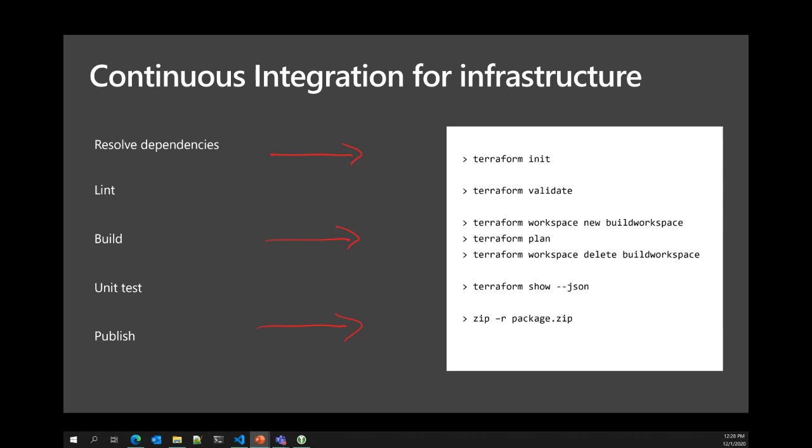Starting with the Terraform show command, we can take that binary plan and convert it into something that's machine readable. In this case, we're going to convert it into JSON. And once we've converted our plan into a machine readable format, we can use any standard application unit testing framework that we want to run unit tests against that plan.